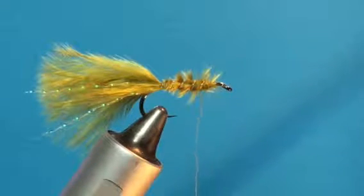Okay. Seem to have lost my eyes. No, the eyes are there. Right. Now to create